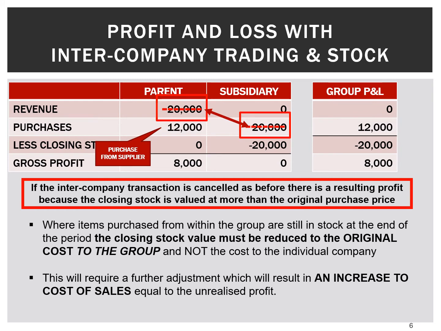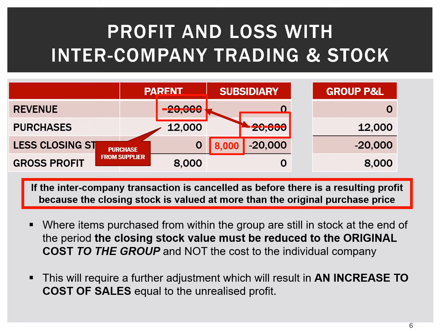So we need to make a further adjustment, and that adjustment is to reduce the closing stock figure down to the original cost to the group, not the cost to the individual company, but the cost to the group. And that reduction to original cost will result in an increase to cost of sales. And please make sure that you remember that. If we're reducing the value of the closing stock, it won't reduce cost of sales, it will increase cost of sales. We've got to add £8,000 onto the cost of sales figure